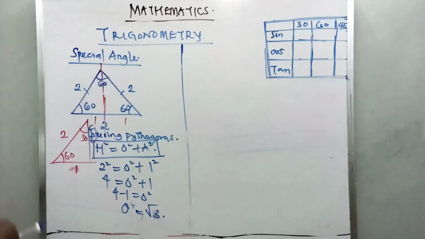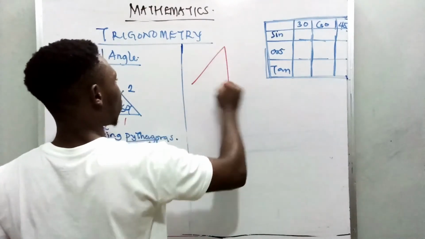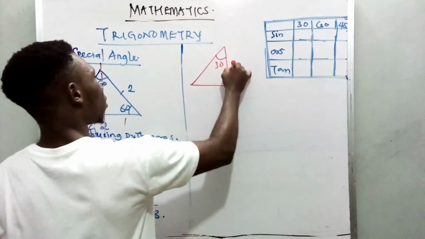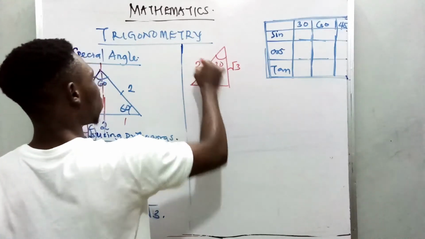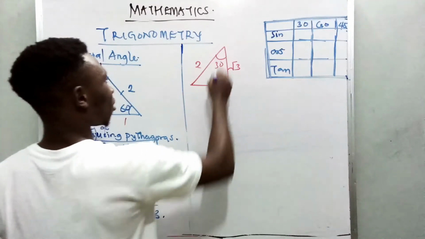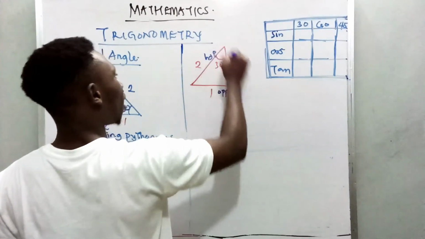Now let's go further. I told you that where the angle is facing determines the opposite. So in this diagram, we're going to start with 30 degrees. Here is root 3, here is 2, here is 1. So if I say sine, don't forget, this place is now your opposite. This is your hypotenuse, and this is your